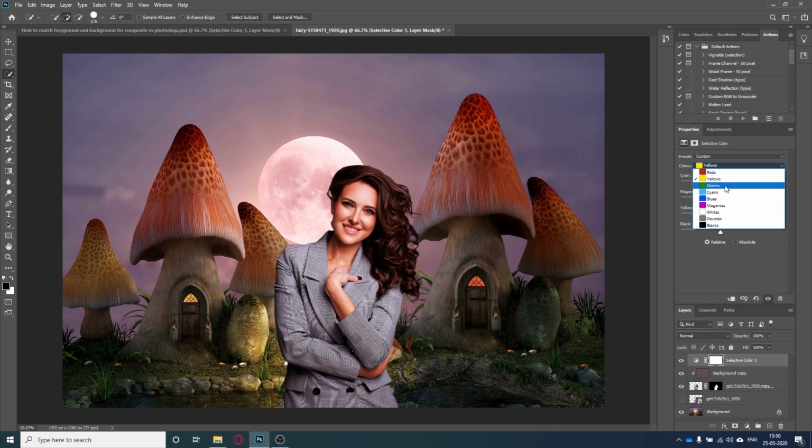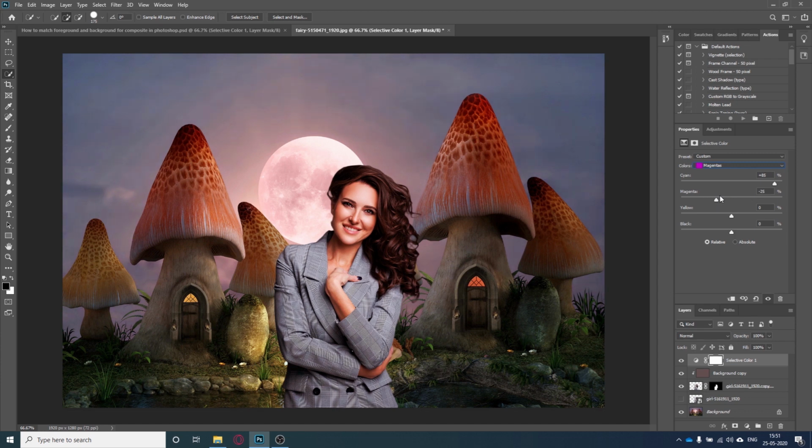Now at this time I want to play with the blues and cyans. Increase the cyan, reduce the magentas, reduce the yellows from there like this. Great. So now let's play with the magenta, as we have some magentas here.